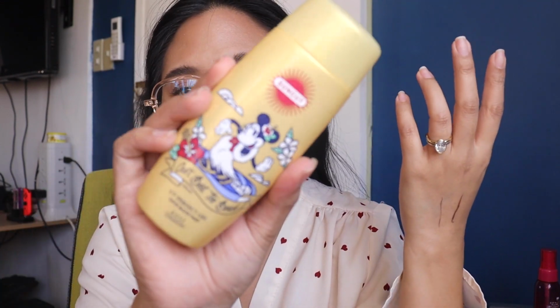It doesn't feel sticky, and it's waterproof as well. So I like reapplying this all throughout the day just because it's not sticky. It also doesn't smell super sunscreeny, if you mind that. Yeah, so if you want a very nice, easy to use, non-sticky body and face sunscreen, I actually really